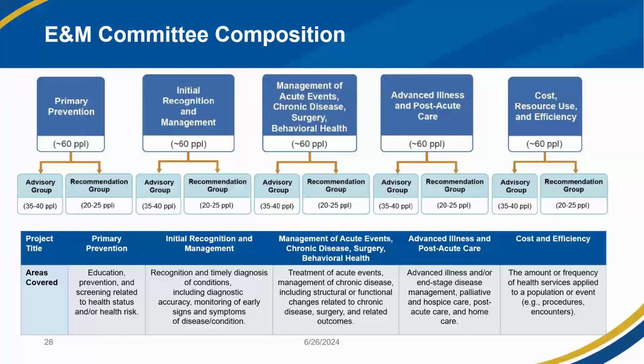Each E&M project has a committee that's further divided into an advisory group and a recommendation group, which really helps to maximize member engagement and produce consistent application of the evaluation criteria. The advisory group reviews measures and provides feedback to ensure a larger number of voices contribute to the consensus building process. The recommendation group is the endorsement voting body of the committee. Prior to the endorsement meetings, the recommendation group reviews and provides ratings and written comments on measures, taking into account feedback and questions from the advisory group, public comments, and responses from measure developers and stewards. During the endorsement meeting, the recommendation group discusses the measure and then votes on an endorsement decision.